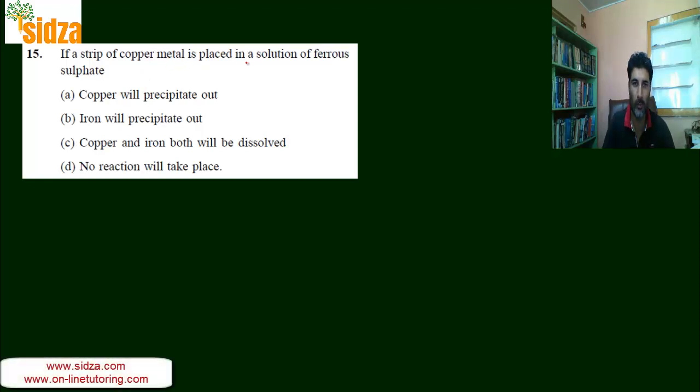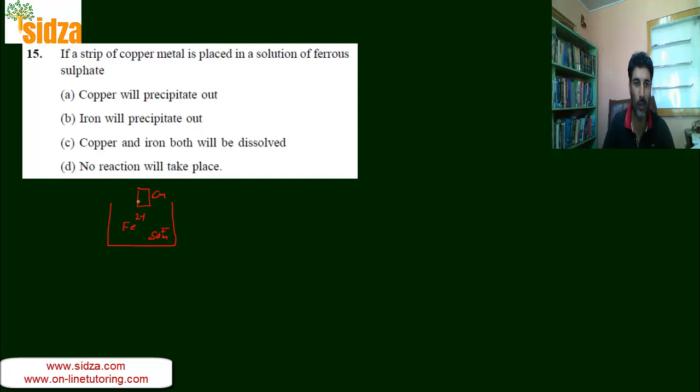If a strip of copper metal is placed in a solution of ferrous sulfate, what will happen? You have a solution that contains the ferrous ions and the sulfate. The question is, if you put some copper metal in it, the possibility here is that the copper may